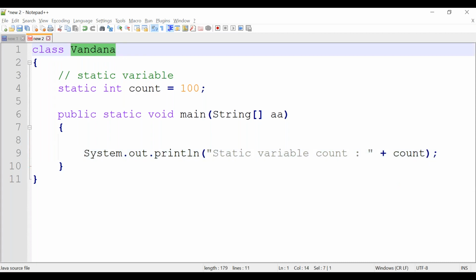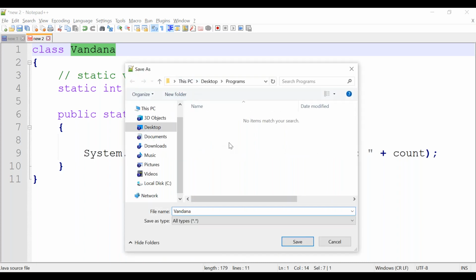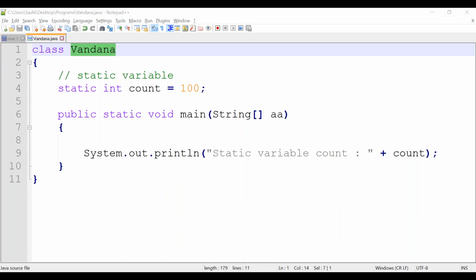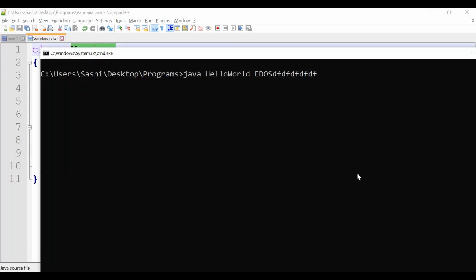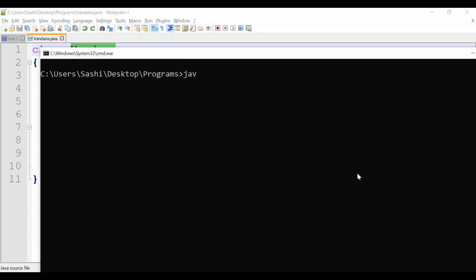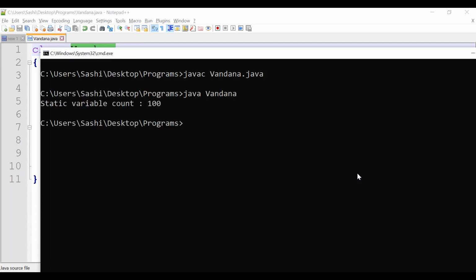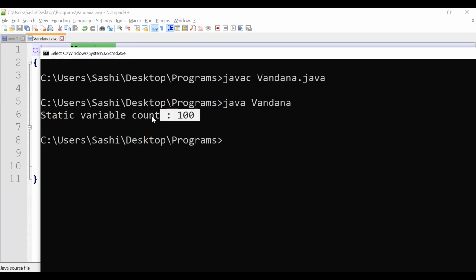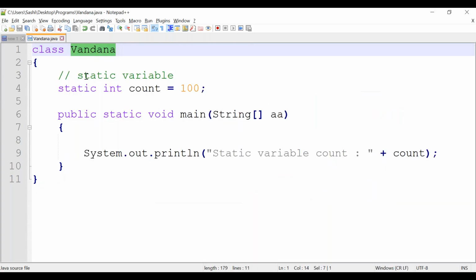I have declared only one class and only one static variable, count. Go to the location and compile the program, javac filename.java. Compilation is a success. Run the program, java filename. So you are getting static variable 100, correct? This is a static variable.